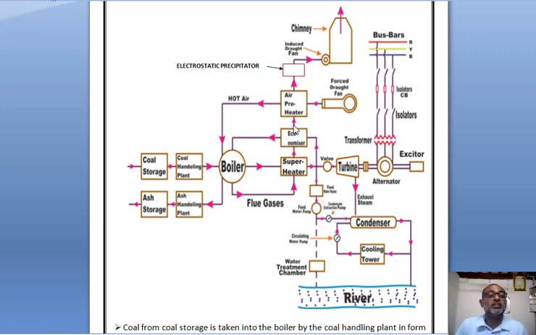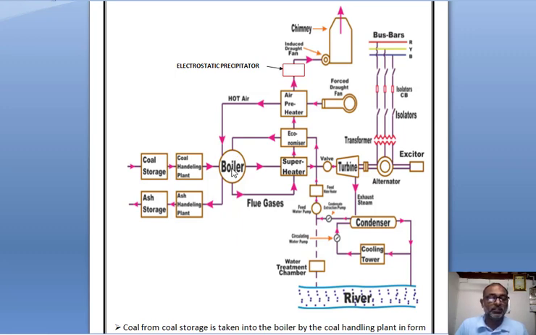Now then the flue gases are passing through this air preheater. Here you can see the air preheater. So whatever air is required for the boiler is produced by this forced draft fan. So whatever forced air is required for this boiler first passes through this air preheater. Due to this, the heat available in these flue gases is extracted by this air and it is heated. Now this heated air is given to this boiler.